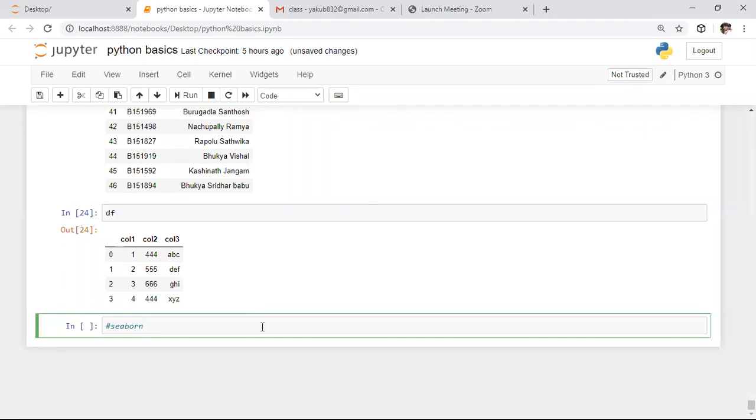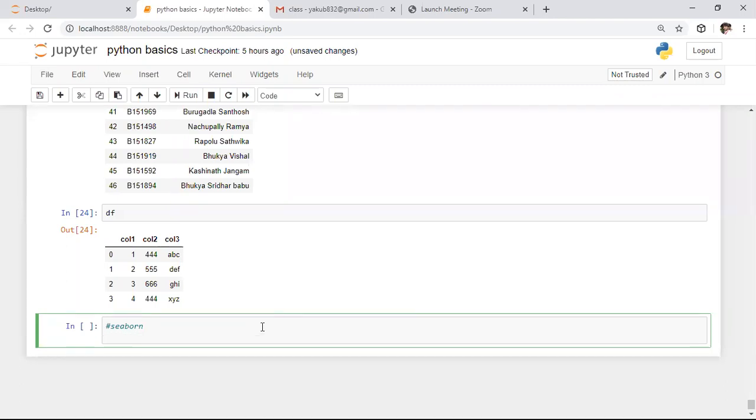In this we have different kinds of plots. In this session we will discuss a few plots. From tomorrow onwards we will start machine learning. In machine learning, every session will be very interesting and everything is very easy. Everywhere we will use these essential libraries only. So coming to Seaborn, it is an advanced version of matplotlib. It is also a visualization tool.